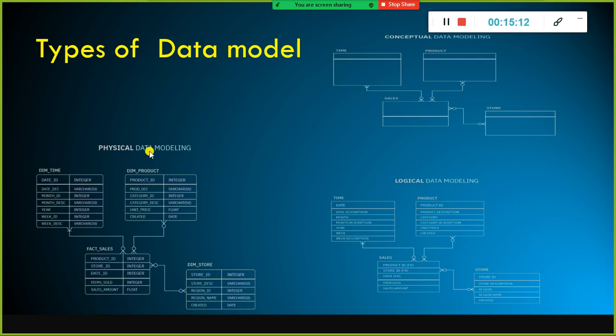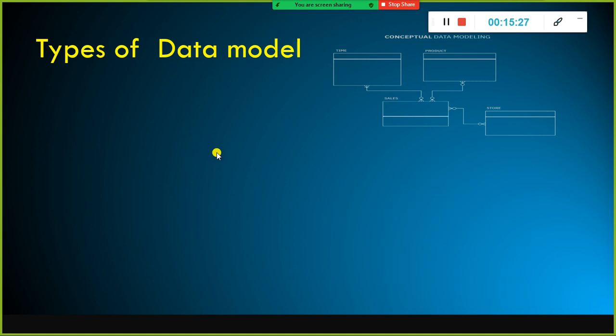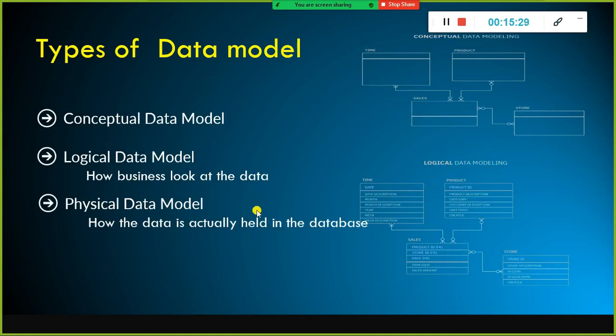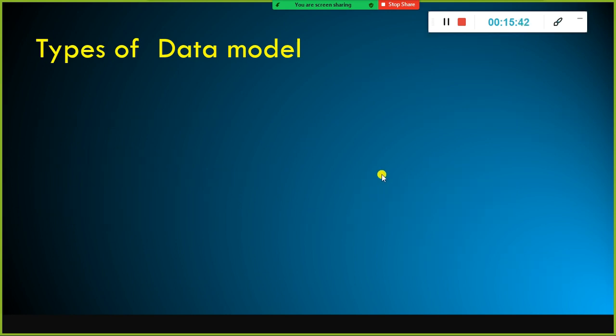We not only identify the columns required in each table, but also the corresponding data type as part of the physical data model. So hope you understood these three different types of data model: conceptual, logical, and physical. This is how, in the real world, in a typical software development life cycle, we design the data model.